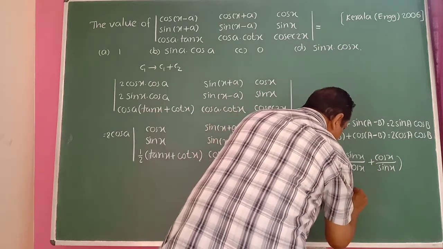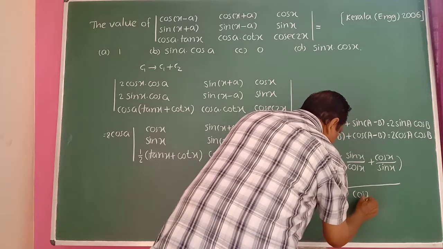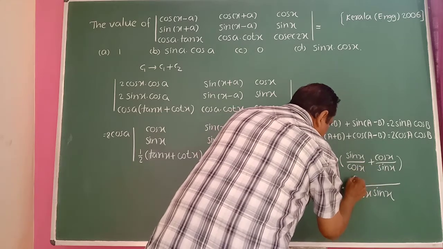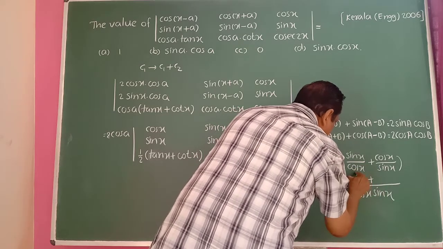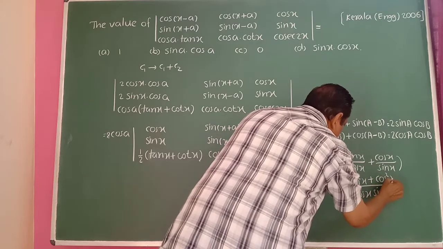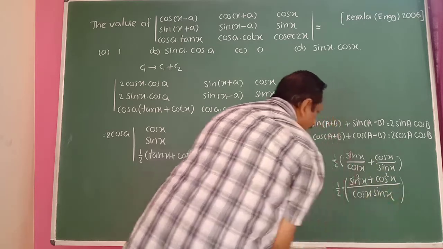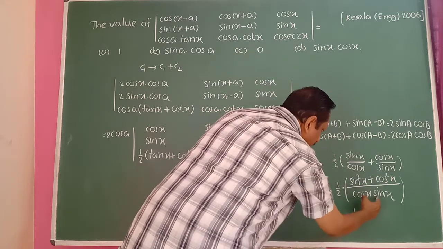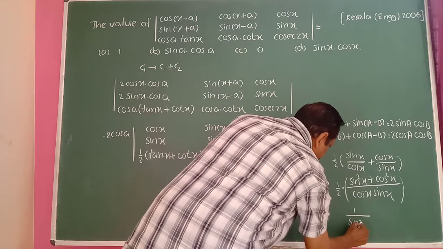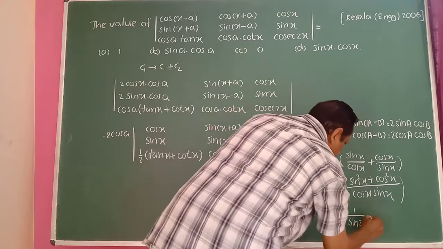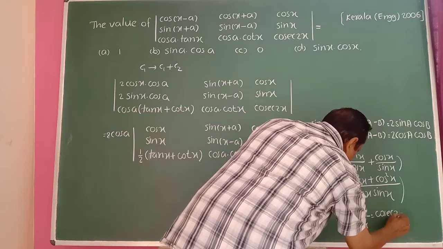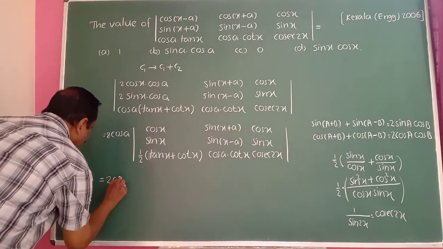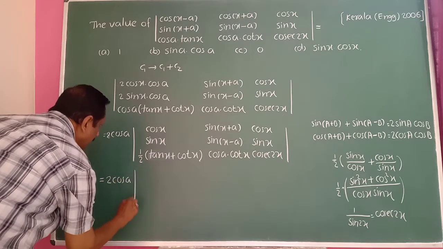Here cos into sin x is the LCM, so cos x sin x is the LCM. Sin into sin becomes sin square, then plus cos into cos becomes cos square x. You know sin square plus cos square is 1. And 2 into sin x cos x is the formula for sin of 2x. And you know 1 by sin is cosec, so cosec of 2x. Therefore this equals 2 into cos of a into determinant of cos x,